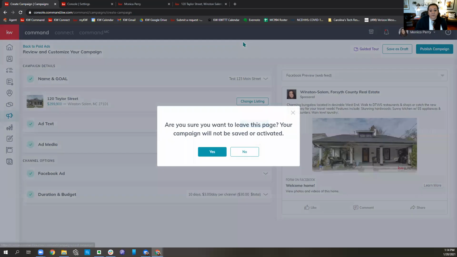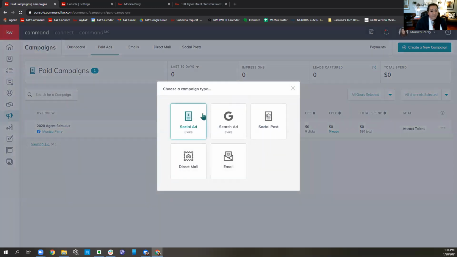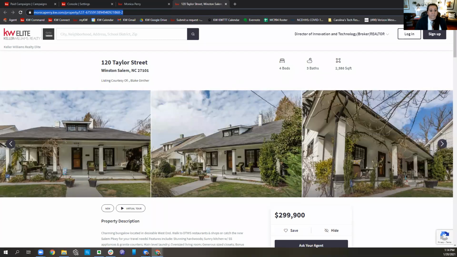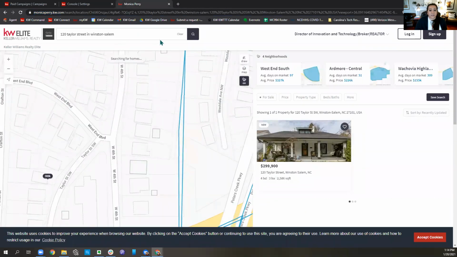So that being said, that is the way that you're going to get the smallest cost per lead, period. But not everybody has a listing, and not everybody wants to borrow someone else's listing, and that's fine. So I'm going to give you guys a couple of other ideas, and we're going to do the same thing. We need to give them somewhere to follow up, right? So a great idea is to come here into your website and say that you just wanted to, Winston-Salem has